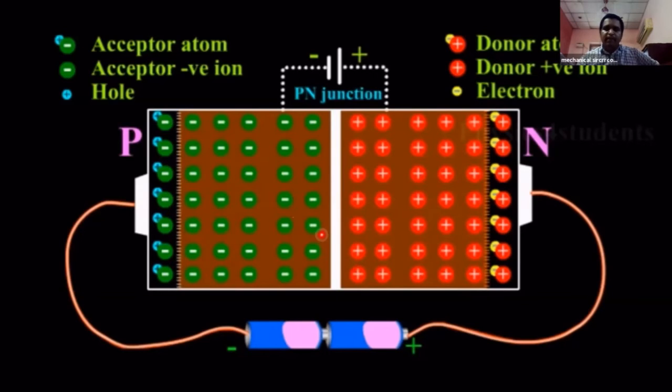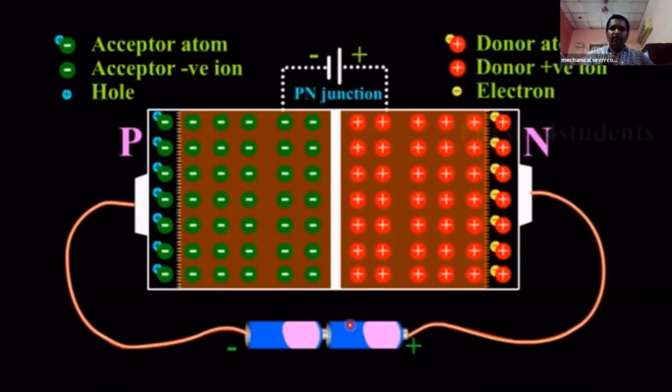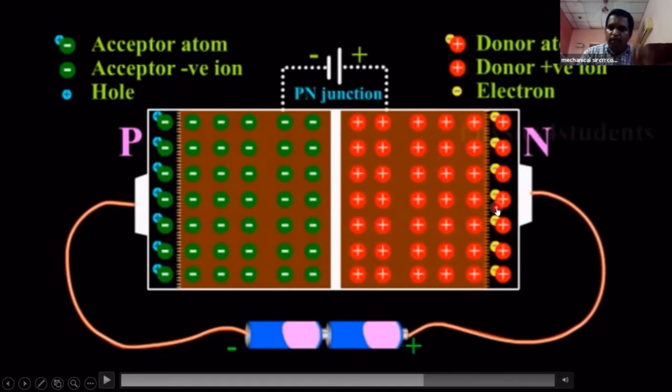What will happen at breakdown voltage? If you supply more voltage in reverse biasing, remember reverse biasing means the diode is acting as an insulator, meaning there is no flow of current. You are still increasing the voltage, meaning you are connecting a powerful battery and the voltage is increasing. What will happen? The electrons in the n-type material get accelerated, meaning they gain kinetic energy.